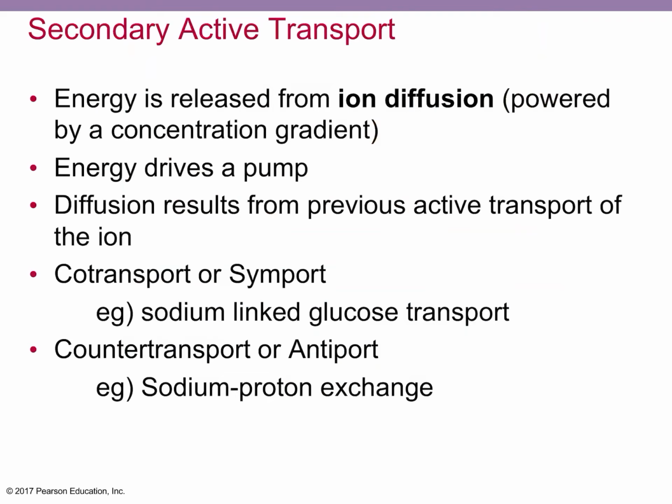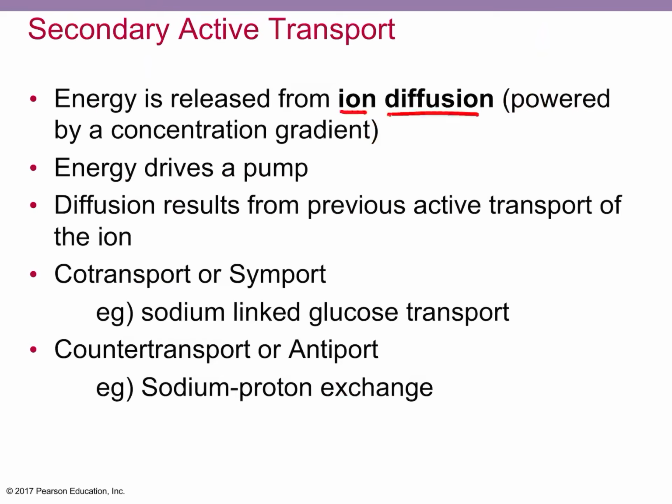So what secondary active transport does is it uses the energy within a concentration gradient. So it's not directly powered by ATP. However, it is active because ATP is used to set up a concentration gradient, and then the secondary active transport uses that concentration gradient as potential energy to move substances against their concentration gradient, right? So energy is released from an ion diffusion gradient